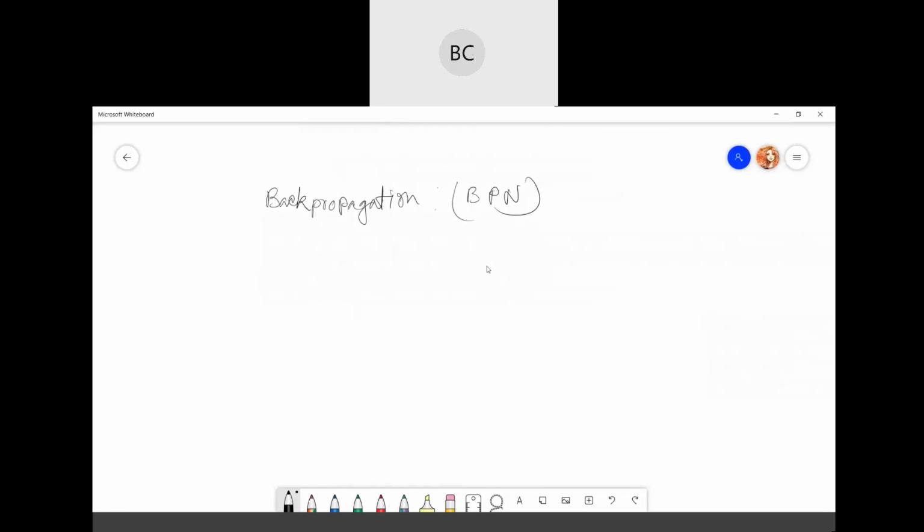So there are many learning rules. It's not used for feedback networks. Feedback networks are like recurrent neural networks and all.